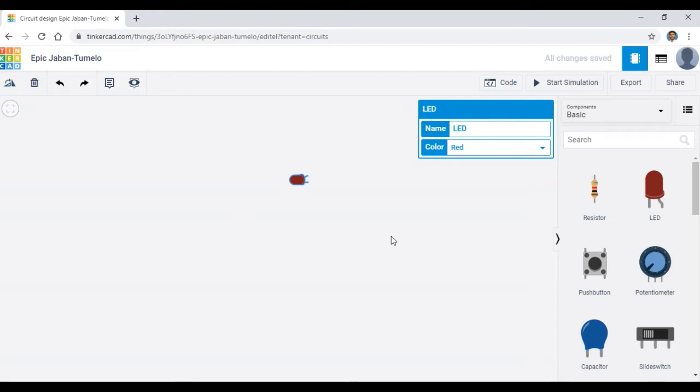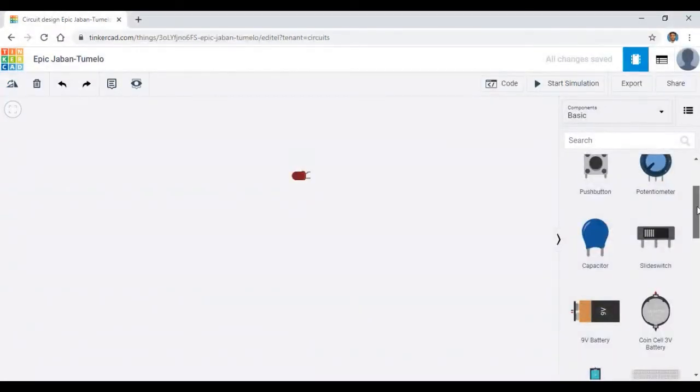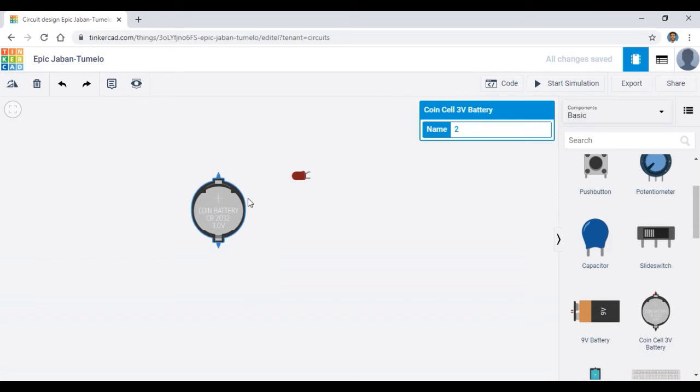But I am going to take a button cell. Here the coin cell is there of 3 volts. I am just double clicking this and dragging that into this workspace. After taking this, I am changing the name of this coin battery to the button cell.